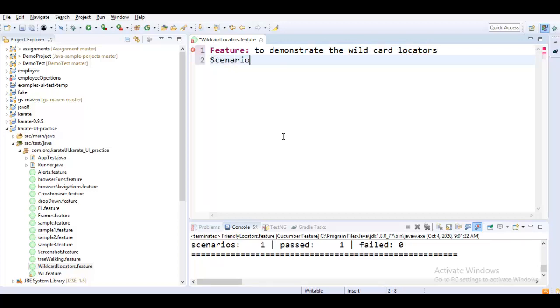and scenario to click on different tabs. Okay, so different tabs using wildcard locators. Yeah, just putting it, and we all know that we need to first configure the driver.